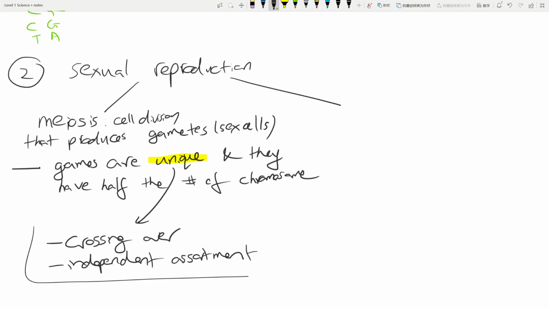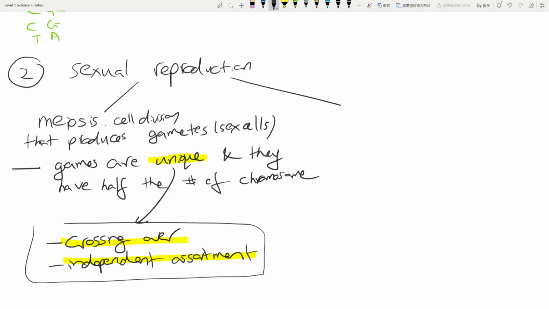Now these are more level 2 ideas, but they just mention it, and if you go through some of the past year exams, you're going to see some detailed answers on them. It's not really emphasized because you're only level 1s, but that's one of the first things about where variation comes about in the second part, which is sexual reproduction, is that during meiosis you produce sex cells which are completely